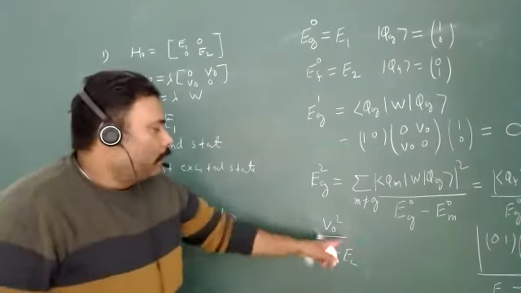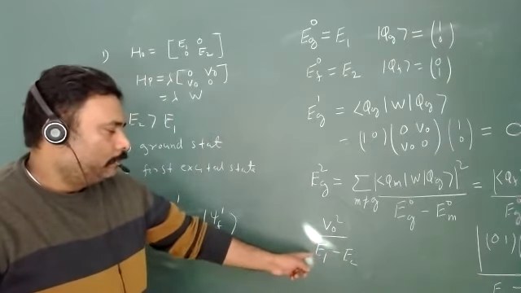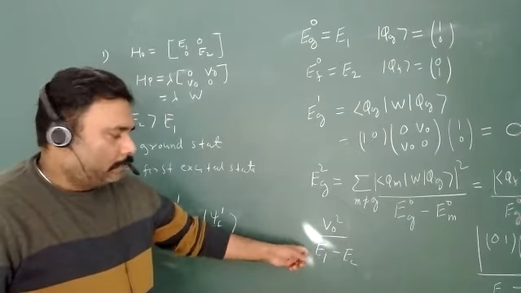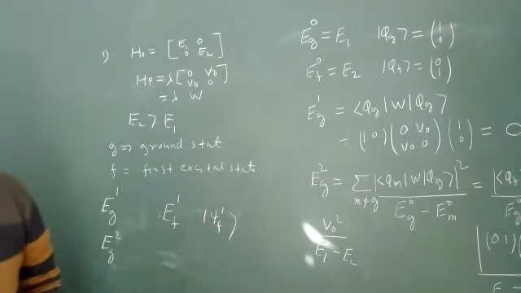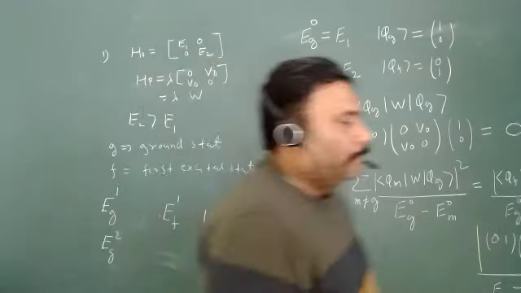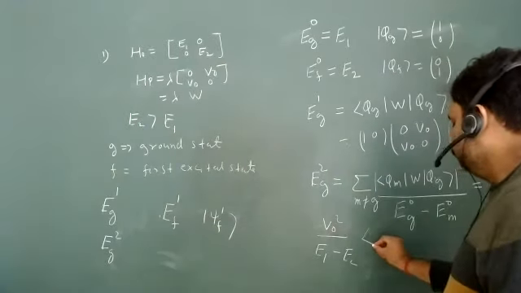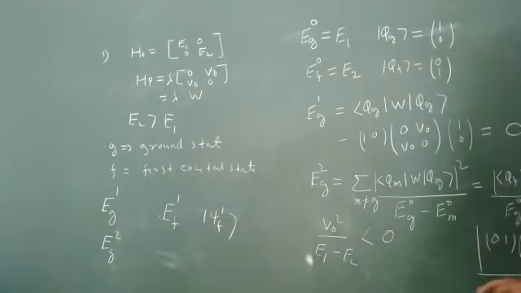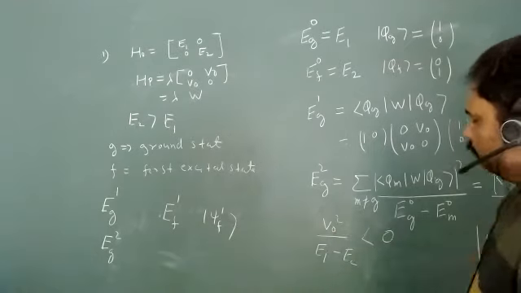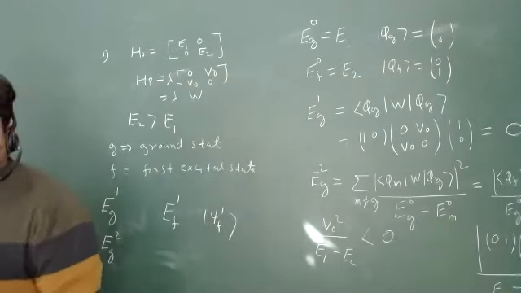So what is this value? Is this value negative or positive? Just tell me. So what is there to think about? Negative. So this value is negative, less than 0, and it should be, because for the ground state this value must be negative, isn't it? For the ground state, the value should be negative.